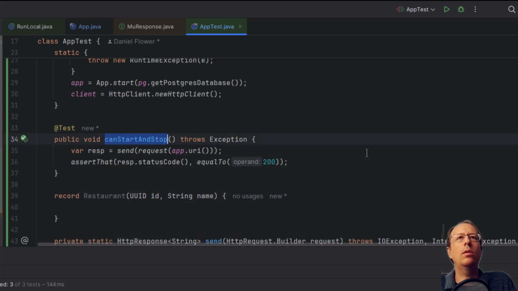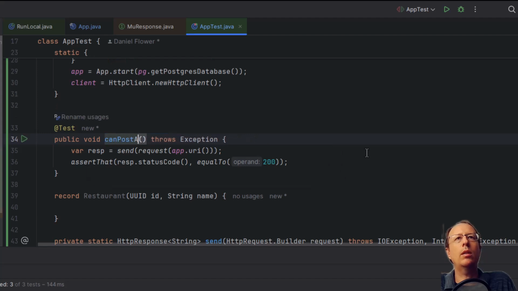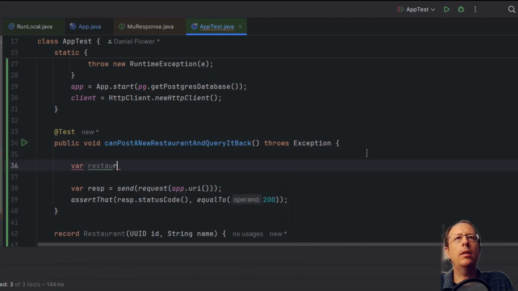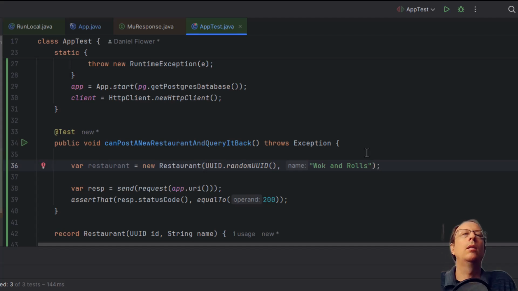So in our test, let's rename this. We want to say that we can post a new restaurant and query it back. If we create a restaurant object like this, and what's a good name? Wappin Rolls. Okay.